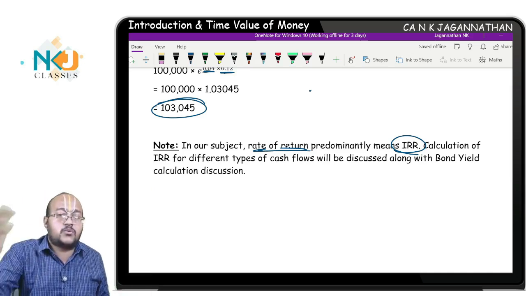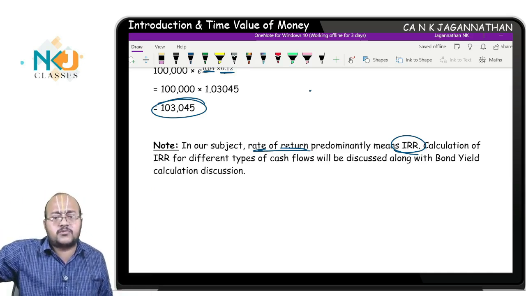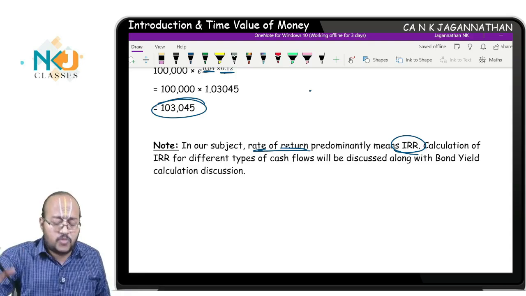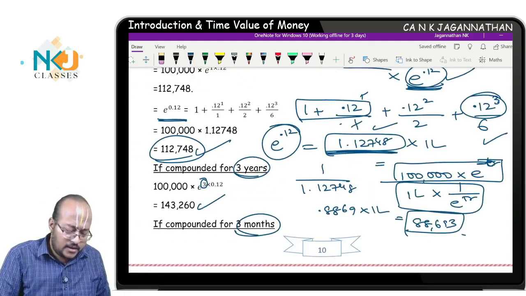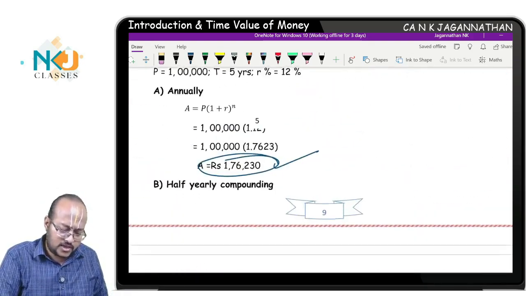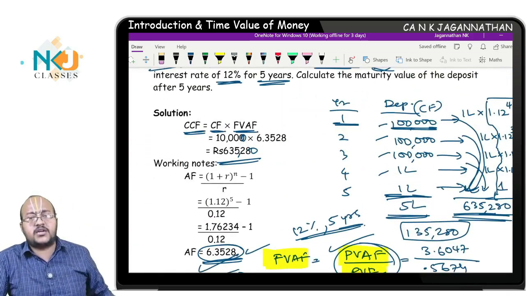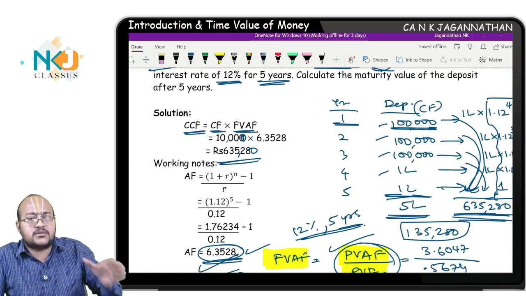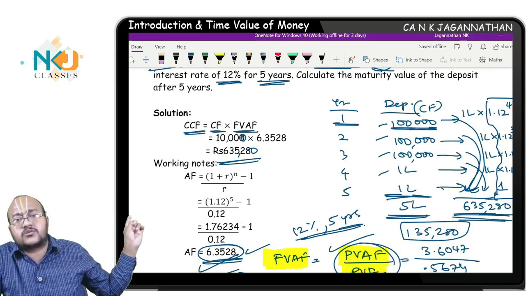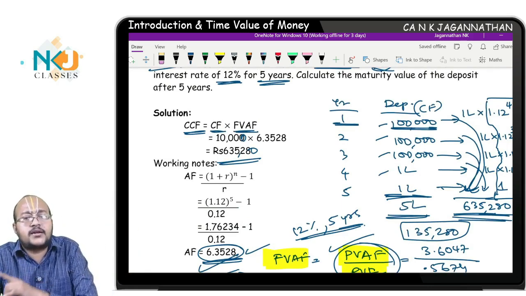Interpolation method, how to arrive at IRR, you would also have studied in the intermediate syllabus and the capital budgeting chapter. So I'm not going to discuss these details here. With this, I'm closing this chapter, that is time value of money. Very, very important discussion. Why is this important? Because in various other places, wherever the discussion comes, I'll only say I have discussed already in time value of money. I'm not going to discuss it again and waste the time there.